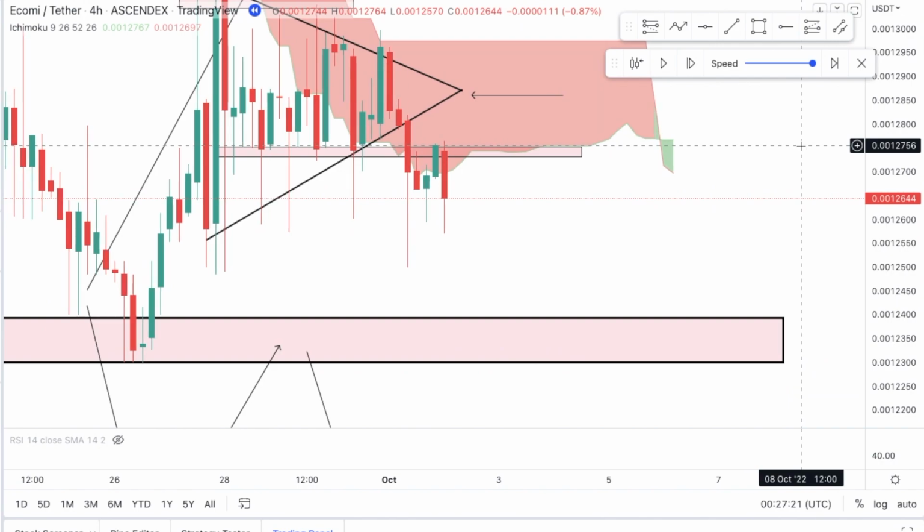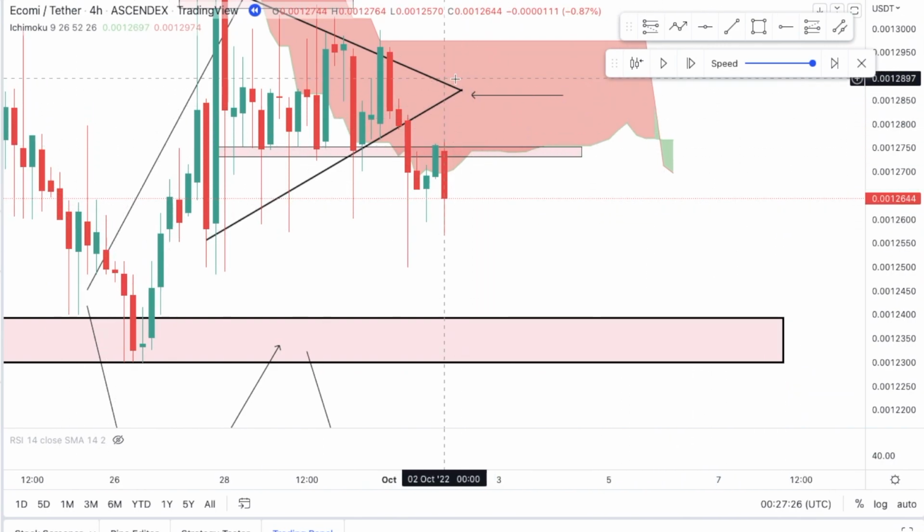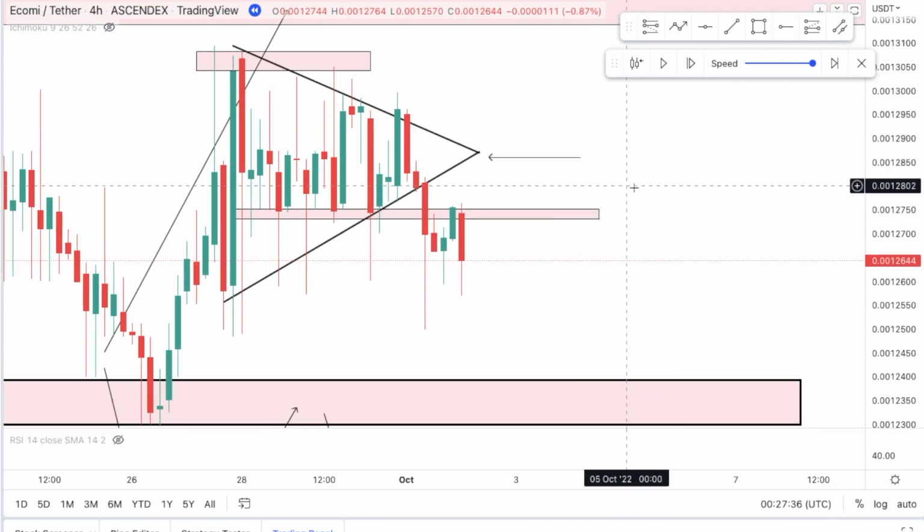You go to a lower time frame, execute your trades the right way. Even if you got into a trade, you put your stop loss somewhere above here or somewhere that makes sense to your risk to reward, you take your trade every single time, guys. A lot of people hesitate about getting into trades. Don't hesitate. Once you see the right opportunity,